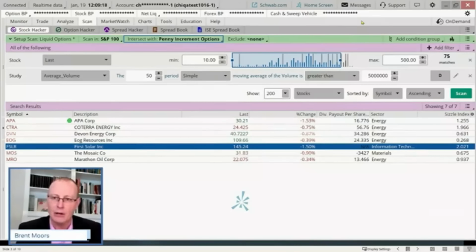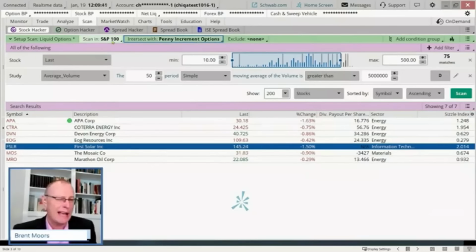That's not a penny increment option. Penny increment options tend to be more liquid. So, therefore, if I'm scanning in the S&P 100 and I'm doing penny increment options, I'm going to get more liquid options there. So that's the first thing.